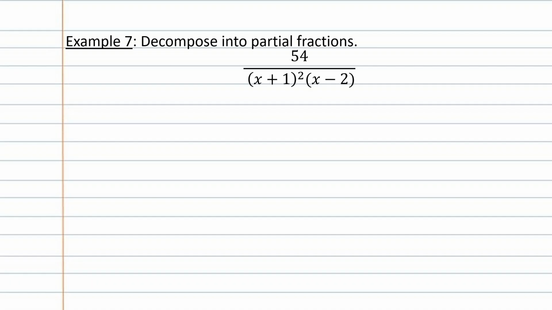Number 7. We want to decompose this one into partial fractions. Now here we have an x plus 1 squared and an x minus 2. So we need to kind of combine what we learned in the first lecture on partial fraction decomposition and what we just learned when we have a factor squared. So this one should really look like